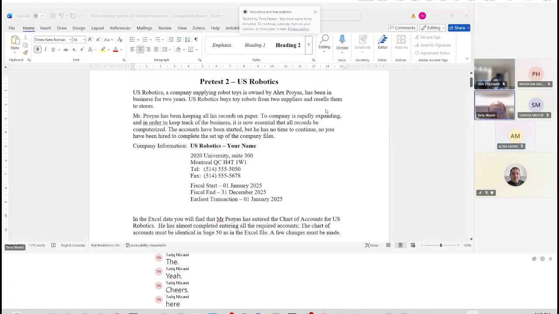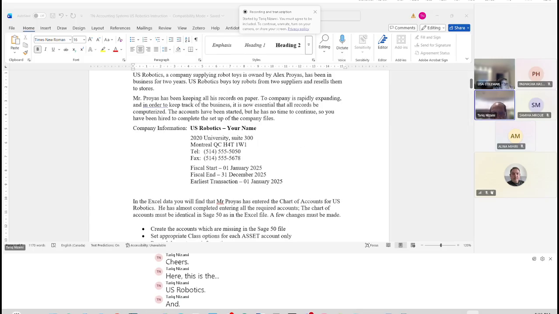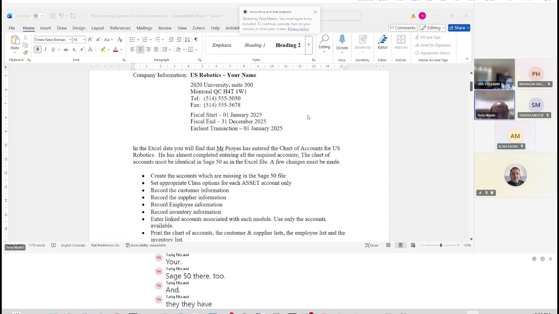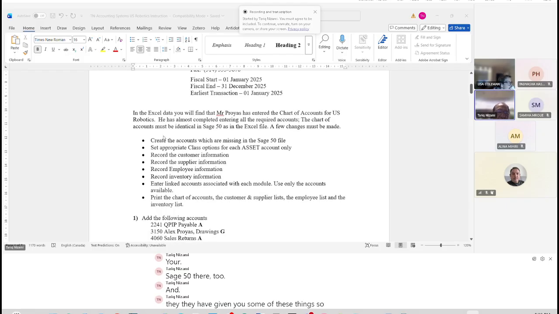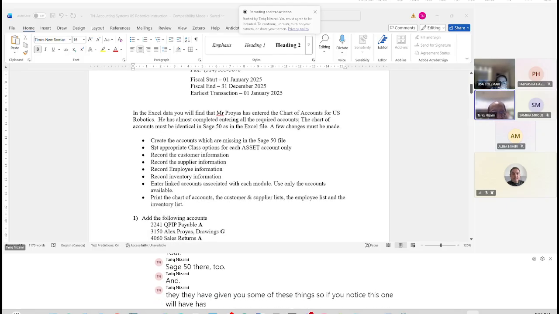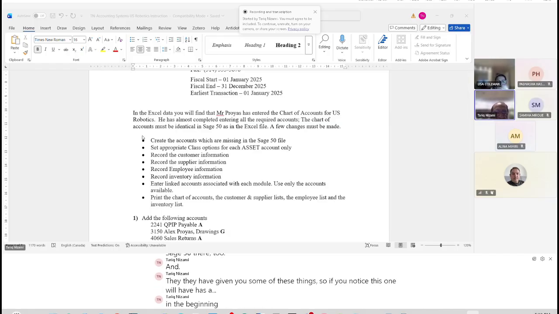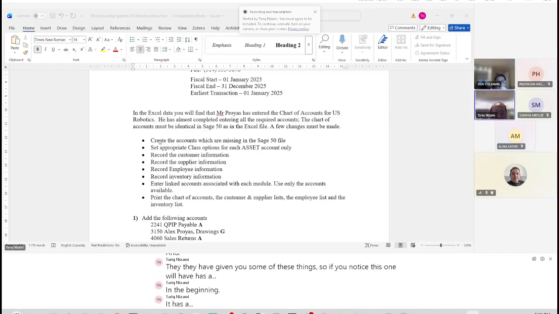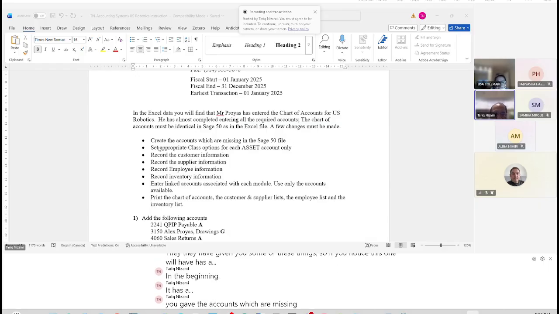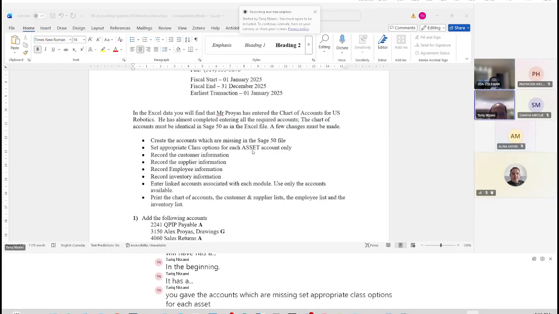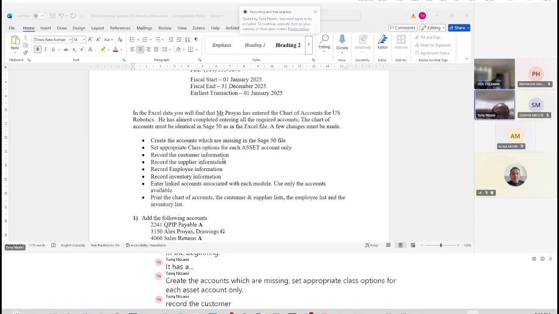Here, this is US Robotics, and your Sage 50 is there too. And they have given you some of these things. So if you notice, in the beginning, it says: create the accounts which are missing, set appropriate class options for each asset account only, record the customer information, record